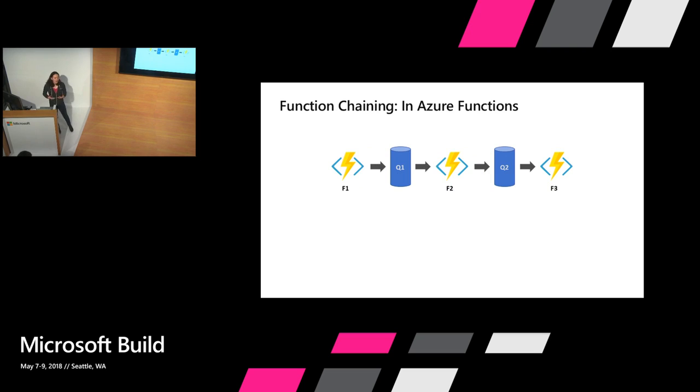Well, in regular Azure Functions, some of you have probably set up something that looks like this, where I have a function that puts its output onto a queue, and that queue triggers another function, and so on and so forth for as long as you want to go. And you can do that. I've done that. But the problem I found as my workflow got longer and more complex was that I had a lot of resources to manage, for one, and two, I became the only person who knew how they all